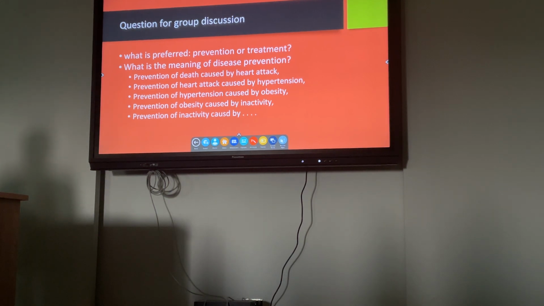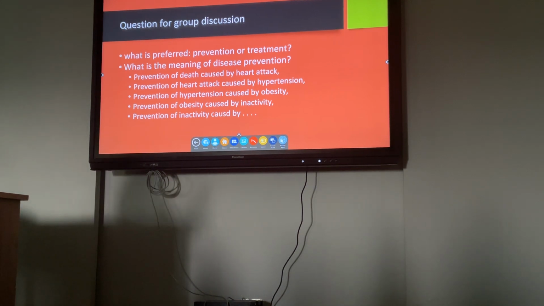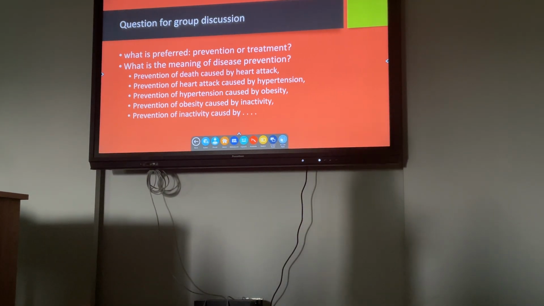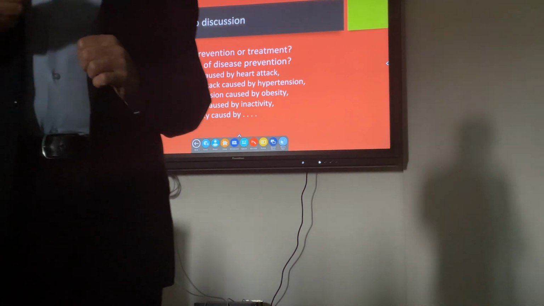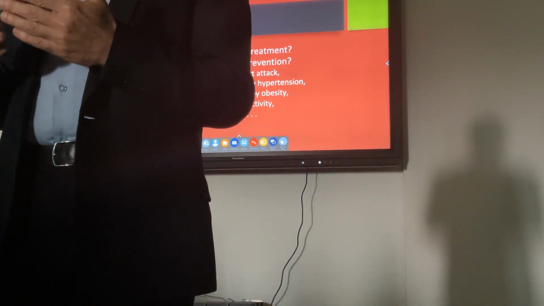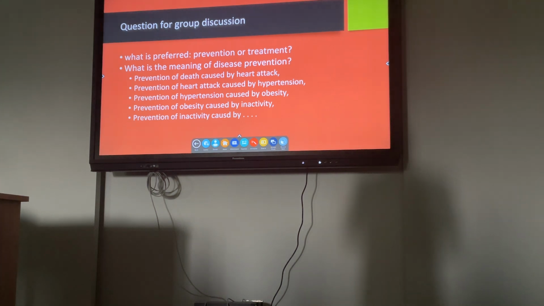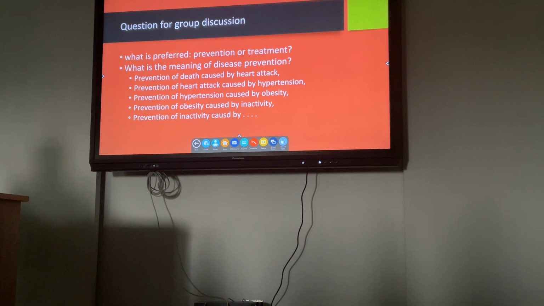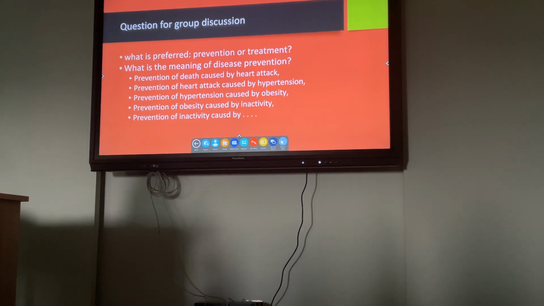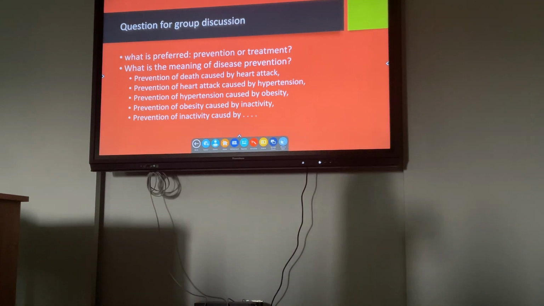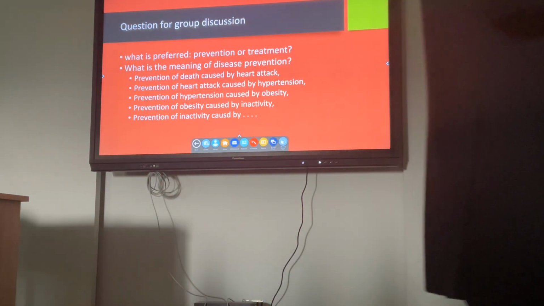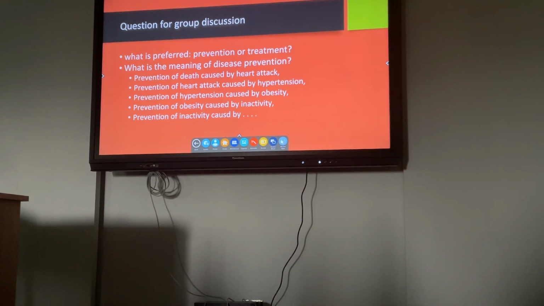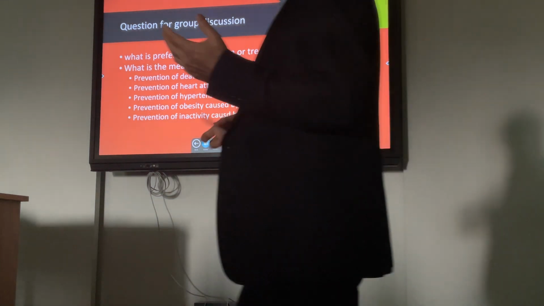In some books, you can see that there are more than 3 levels of prevention. There is also primordial prevention. Primordial prevention means changing the culture so that risk factors do not appear. By healthy lifestyle, we can provide an environment that people even do not think of inactivity. But as a classical classification, we can just classify our intervention as 3 levels.